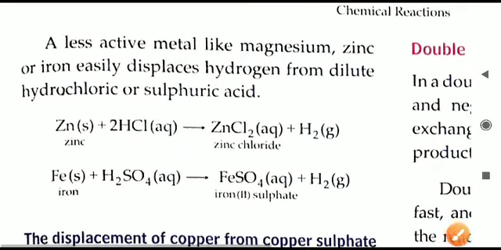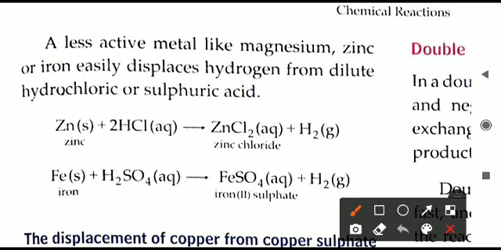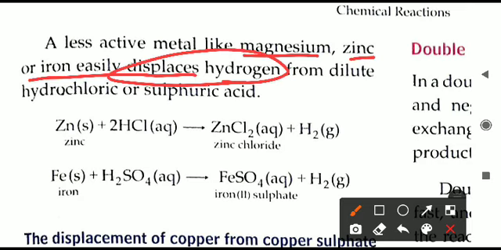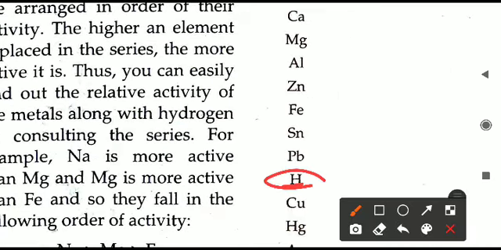Next, what about the less reactive metals after magnesium? Zinc, aluminium, iron, all these are there. So all these metals after magnesium, zinc, iron, etc., will also displace hydrogen, because zinc and iron are also above hydrogen in the activity series. Here you can see hydrogen is here. Then aluminium, zinc, iron, then tin, then lead. All these metals are also given here. So all these metals will also displace hydrogen from its place.